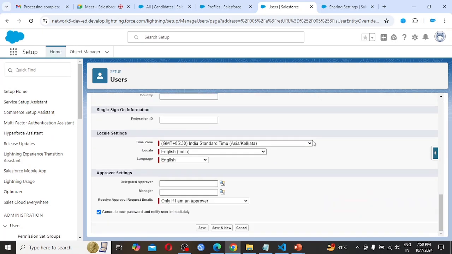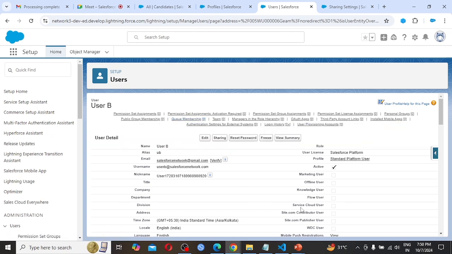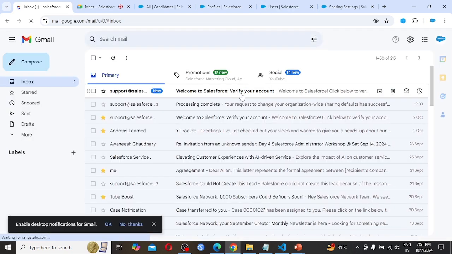It is active, and down here, check this checkbox. It is already checked, but make sure that if it is not checked, you check it. Generate new password and notify the user immediately. So the user is getting notified by the mail. It takes a bit of time. So yeah, we got the mail.